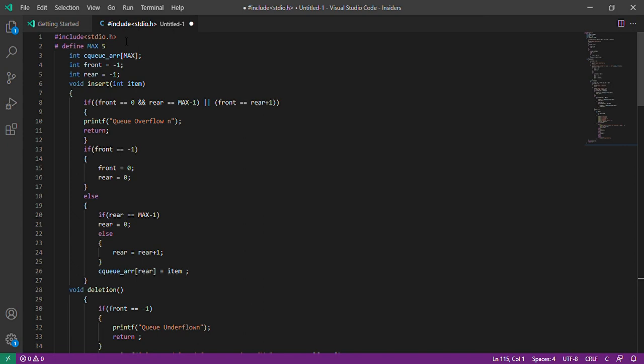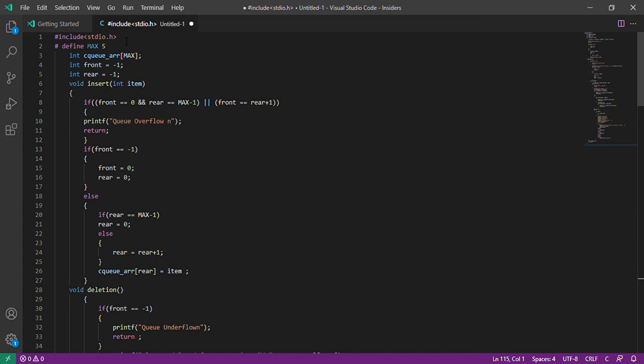Okay. The next, circular queue in C. A circular queue solves the limitation of the normal queue, thus making it a better pick than the normal queue. It also follows the first come first serve algorithm. Okay, so a circular queue is also called a ring buffer. Okay, then next, operations on a circular queue.